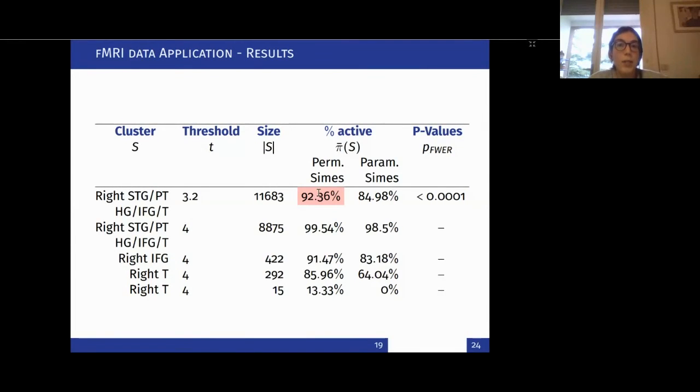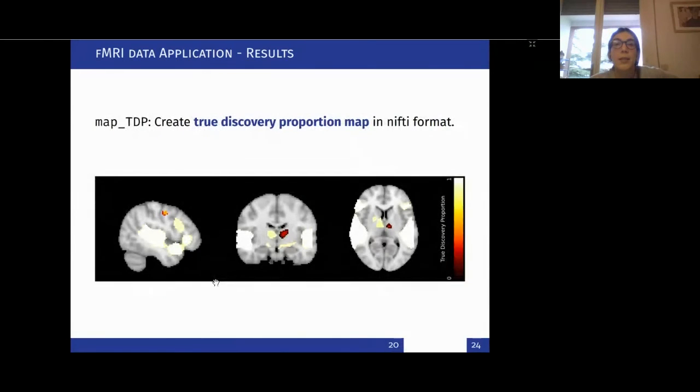So these are our true discoveries, and we can also drill down inside this cluster and consider a higher threshold. In this case, we have four other clusters, and we can also associate the lower bound for the number of true discoveries to each of these subclusters. You can also create a true discovery proportion map using the function map TDP, so you can see the spatial location of our clusters and the associated true discovery